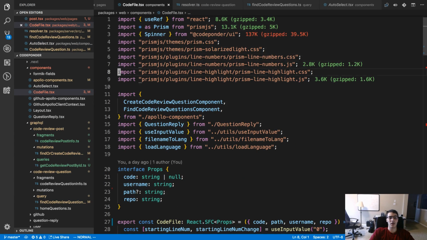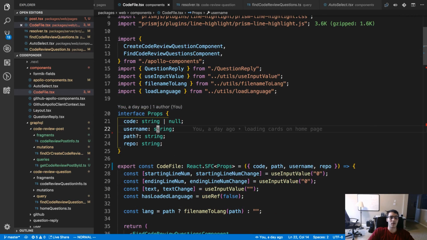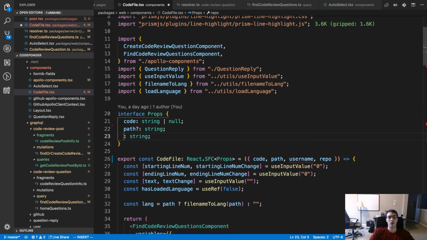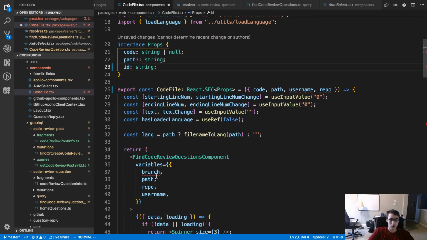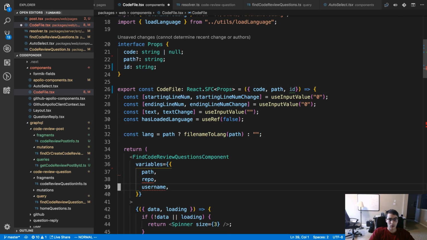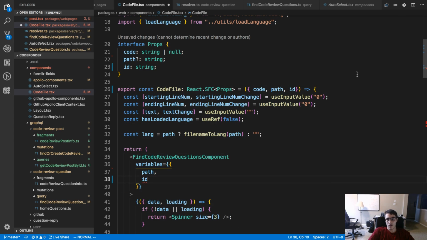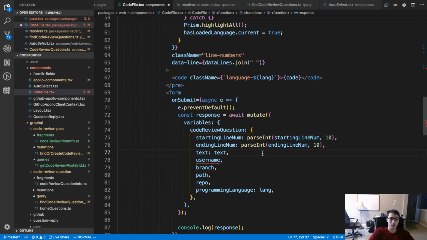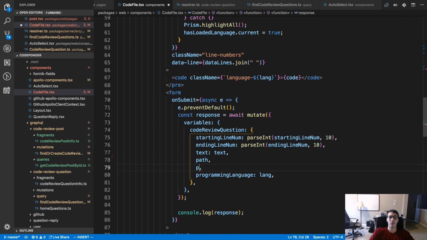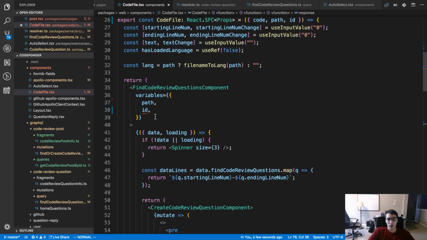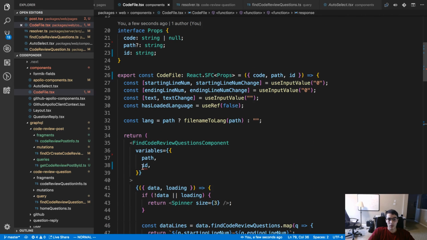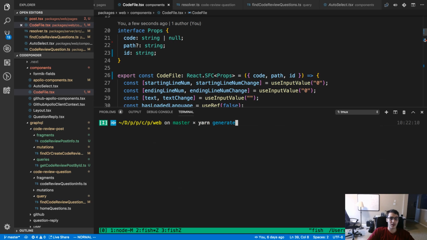So now that's really all we need to pass to this thing. So we need the code and the ID. So it doesn't know it exists right now.